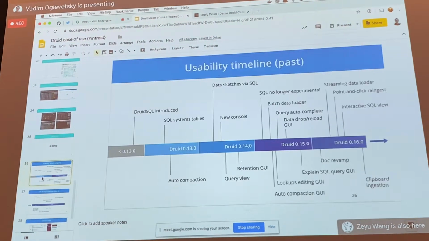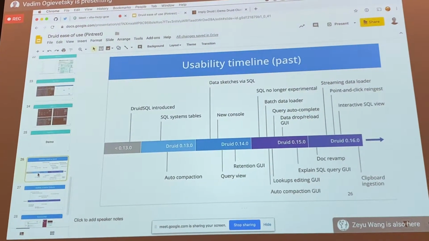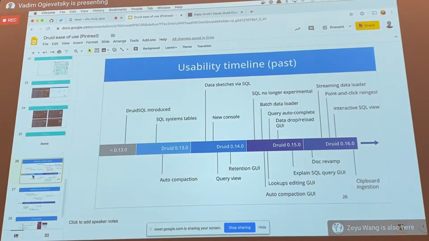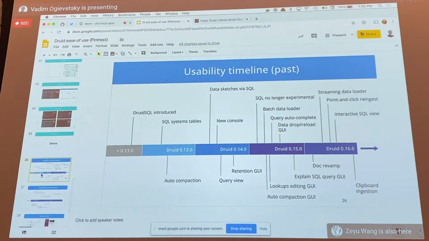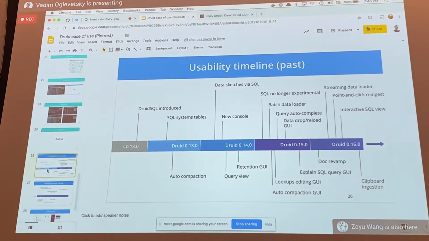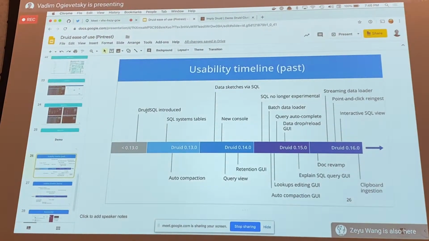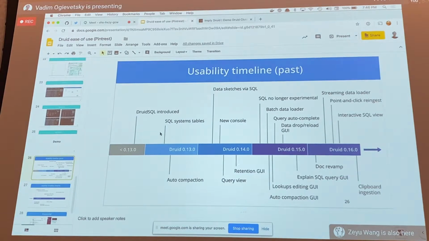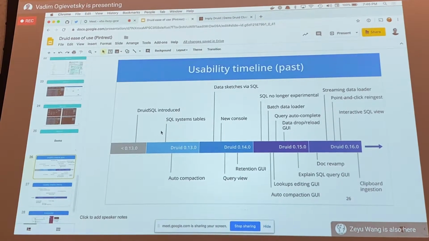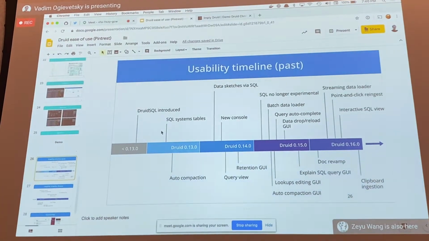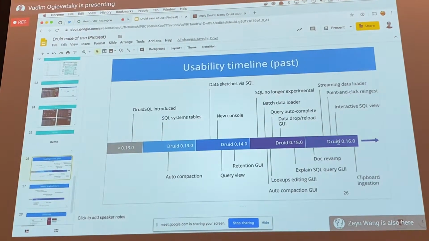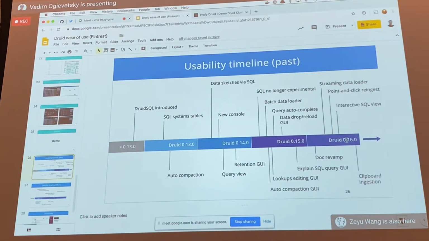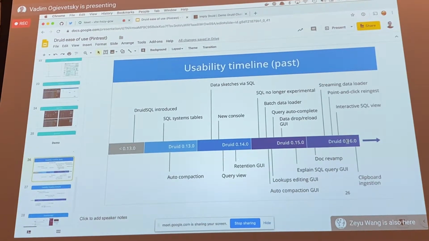So what's the kind of the timeline for this? So just looking at the past, Druid has really advanced in the past. Druid releases are quarterly, so this is really looking at the last, other than Druid SQL introduced sometime in the past, but not actually like introduced as an experimental feature. Since then, the past 4 releases, we just did Druid 016, I think a week ago or 2 weeks ago,